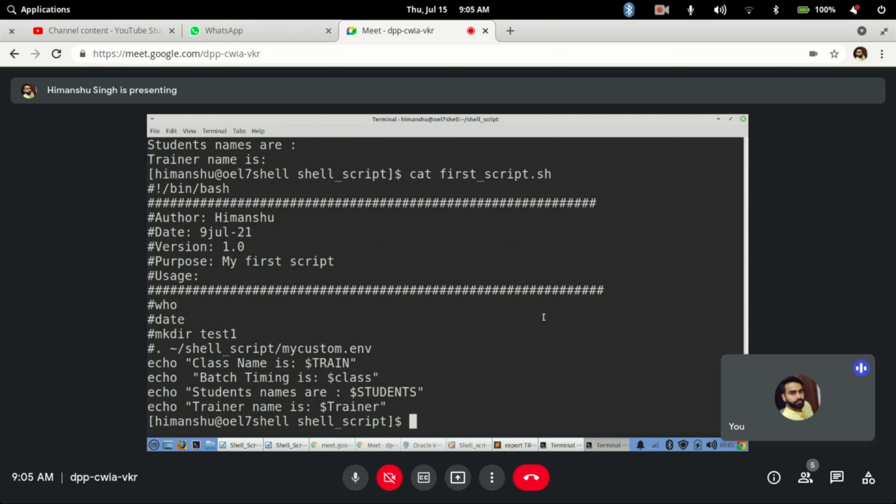But if it was global, even if you call multiple scripts, each in a new shell, that variable will still hold its value. That's why I normally prefer to use export. You can use it without export also, that's not a problem, but then it will remain local.